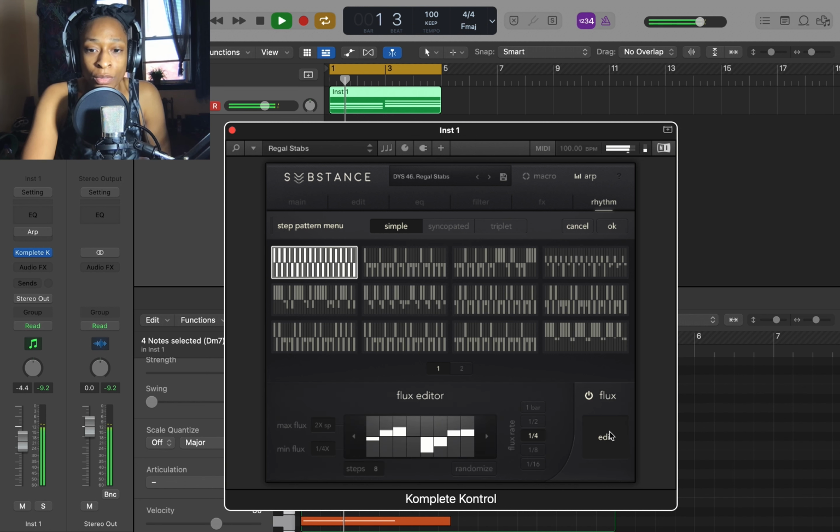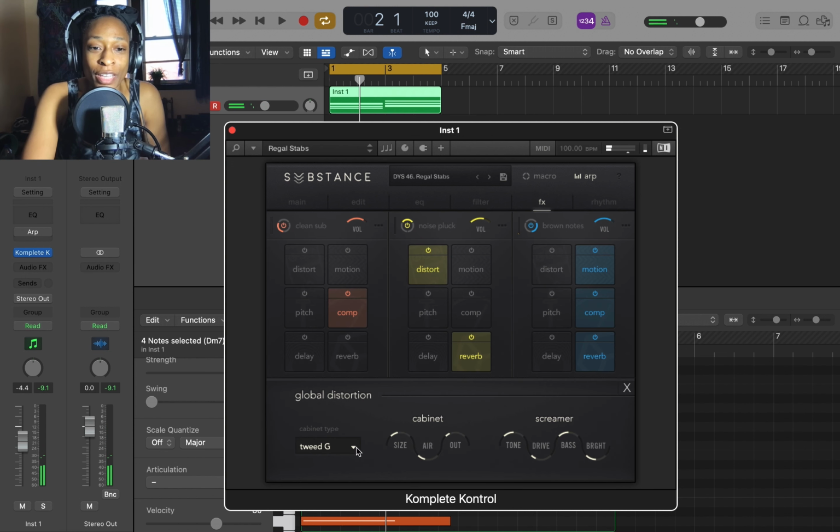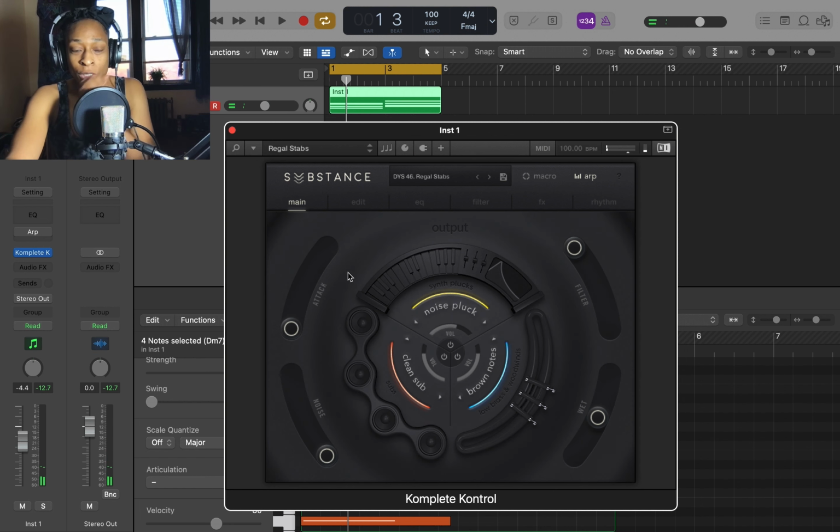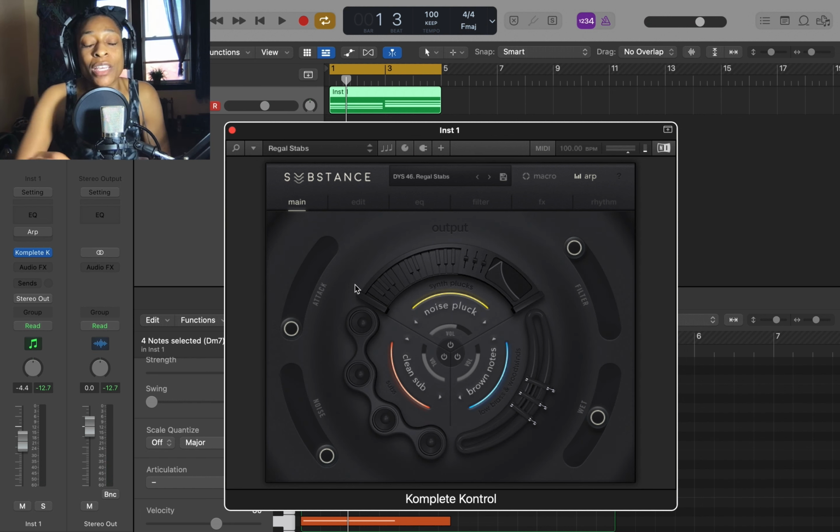Turn the FX on. You could even choose a different cabinet. This is crazy. Everything is connected to each other. Let's turn it off. So let's go here to the main page,